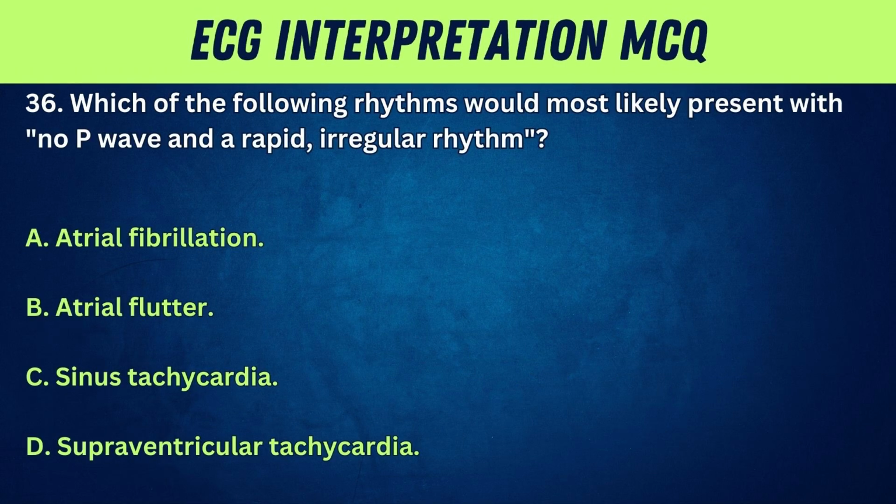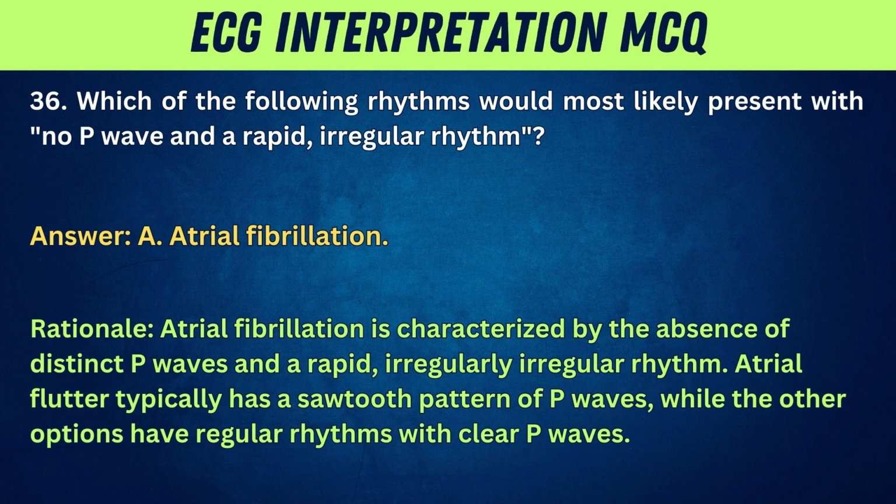36. Which of the following rhythms would most likely present with no P wave and a rapid, irregular rhythm? A. Atrial fibrillation. B. Atrial flutter. C. Sinus tachycardia. D. Supraventricular tachycardia. Answer: A. Atrial fibrillation. Rationale: